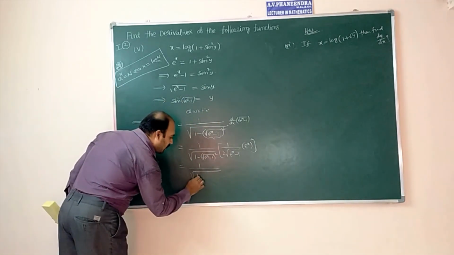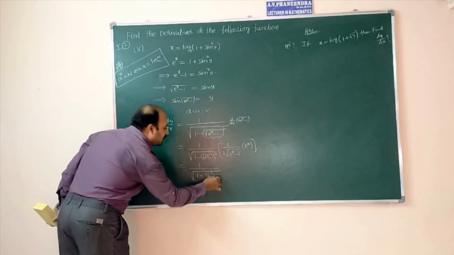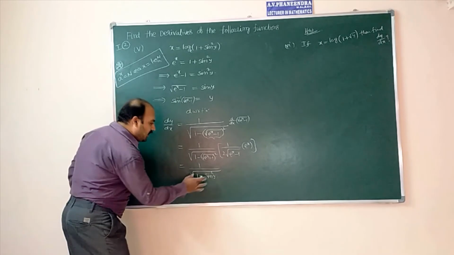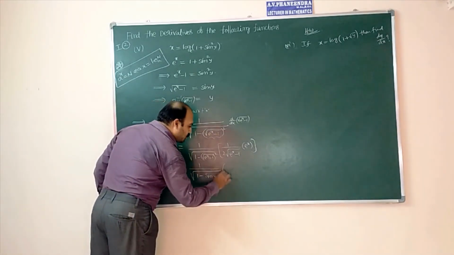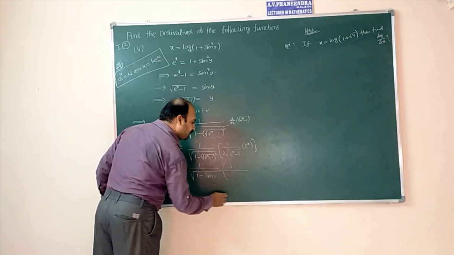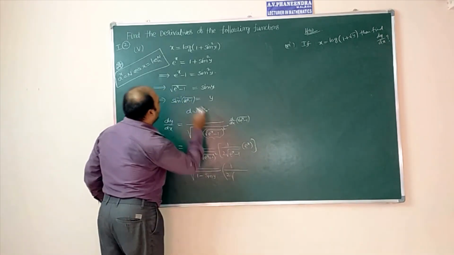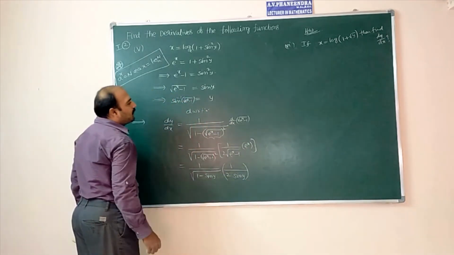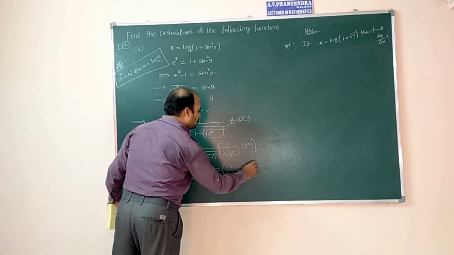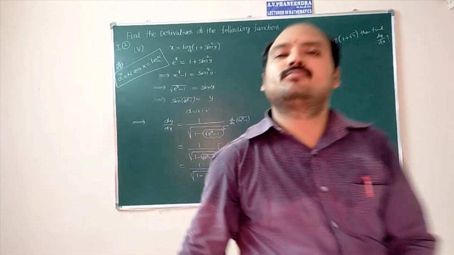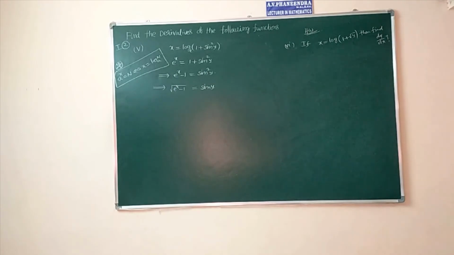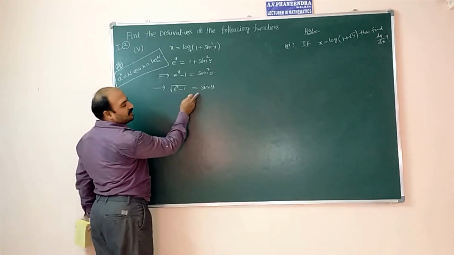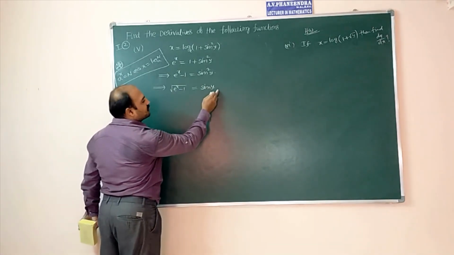Sine. So 1 minus sine square y will come here, square root of this value. e power x minus 1, this is sine y, this sine y, into 1 by 2 into square root of e power x minus 1, which is sine y again, into e power x. If you go by that method, it will be lengthy, but like this only you can go after reaching this step: root of e power x minus 1 equal to sine y.